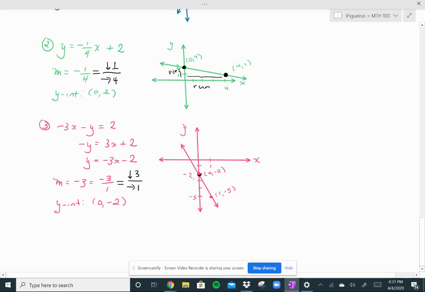From 0, -2, I went down 3 units. So this is what we consider our rise. And then I went over 1 unit. So this is the run. So I end up at the secondary point